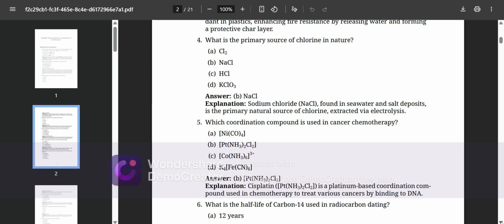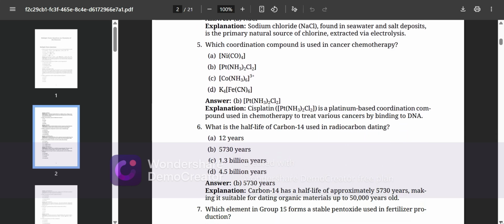What is the primary source of chlorine in nature? NaCl. Sodium chloride, NaCl, found in seawater and salt deposits, is the primary natural source of chlorine, extracted via electrolysis. Which coordination compound is used in cancer chemotherapy? Pt(NH3)2Cl2. Cisplatin, Pt(NH3)2Cl2, is a platinum-based coordination compound used in chemotherapy to treat various cancers by binding